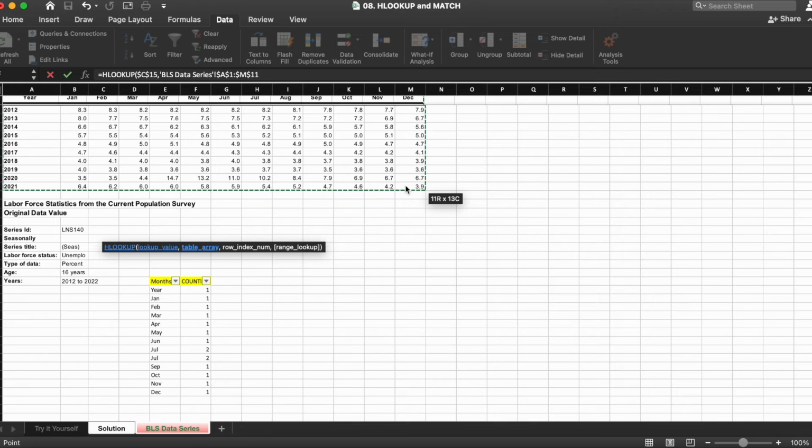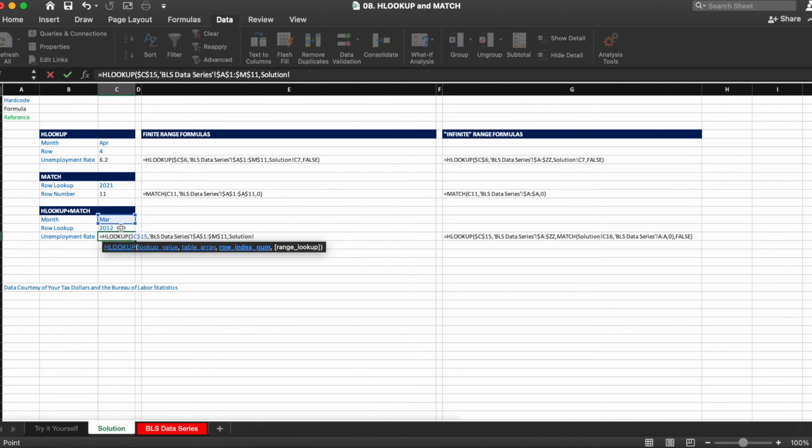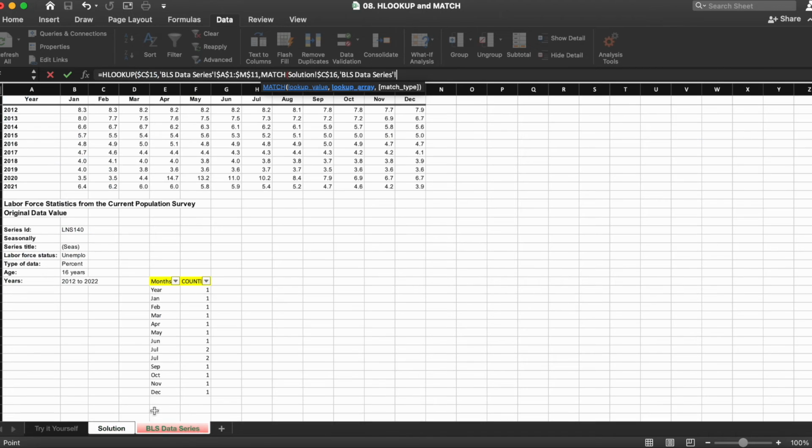Now for the row index number, remember previously what we did is we would have done C16, but what we're going to do this time is we're going to put in match and then match C16. We're going to lock that. And then our lookup array or lookup range is going to be A1 down to A11.